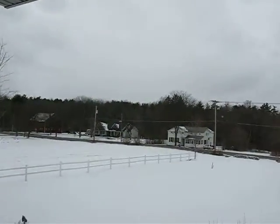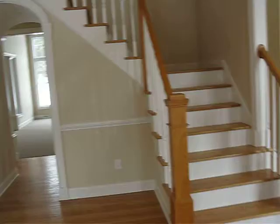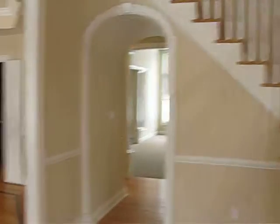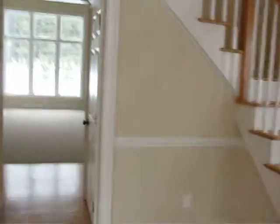This is the view from the front door of 187 Helderberg Trail, Voorheesville, New York, 12186. Voorheesville is located in the town of New Scotland, and the types of houses range from multi-acre farms or homes on multi-acres, 100-plus-year-old homes in the village, and subdivisions. Typical subdivisions from the 50s, 60s, and on, and then homes on acre or acre-plus home sites, which is what